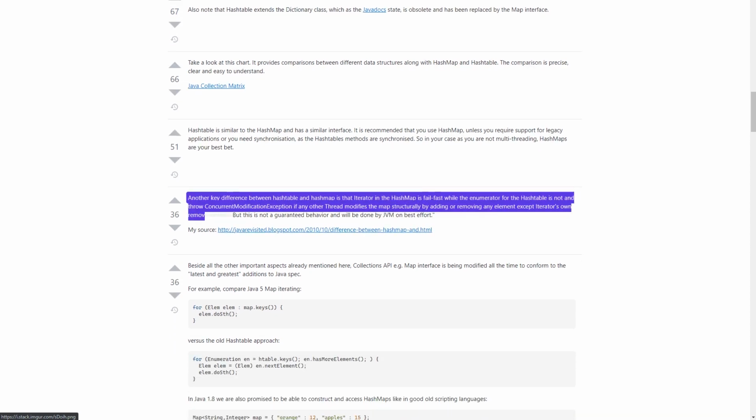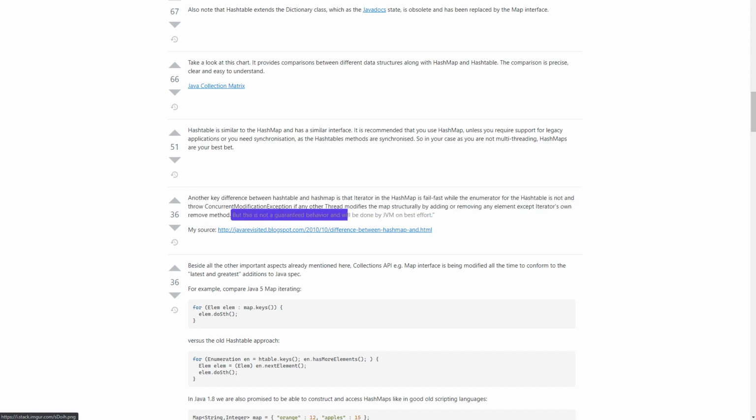Another key difference between Hashtable and HashMap is that the iterator in the HashMap is fail-fast, while the enumerator for the Hashtable is not, and throws ConcurrentModificationException if any other thread modifies the map structurally by adding or removing any element except through the iterator's own remove method. But this is not a guaranteed behavior and will be done by the JVM on a best-effort basis. My source: